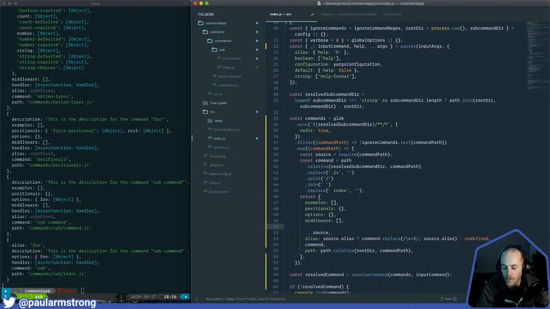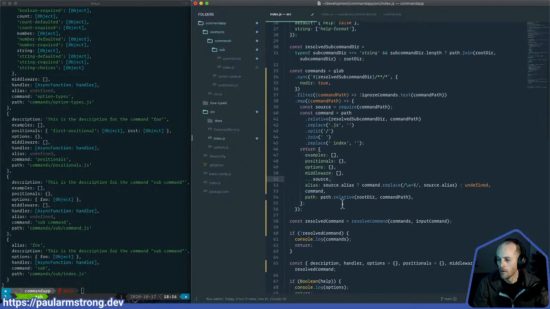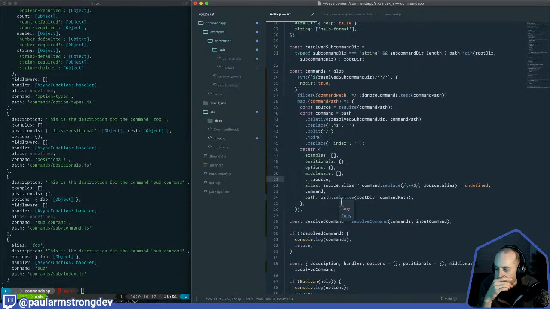It'll just kind of make it easier. So I'm going to make handler required. Alias is undefined if it doesn't exist, and then command and path get dropped in. So these items can get overwritten here. And I think maybe I'm going to